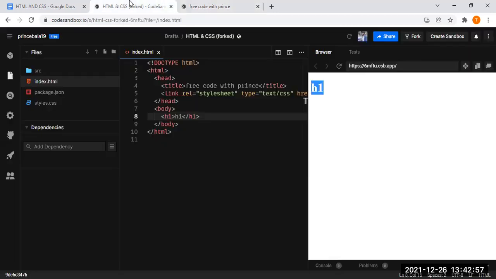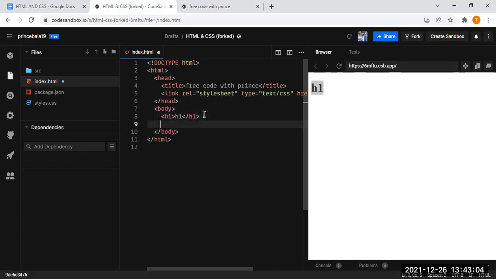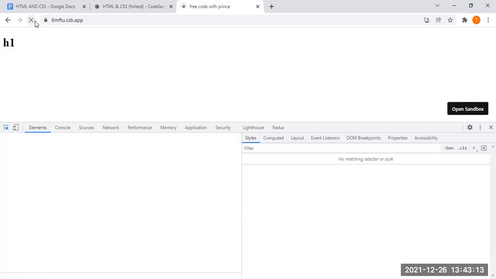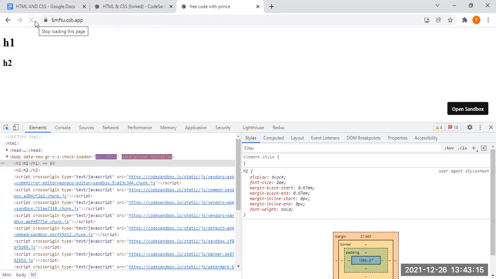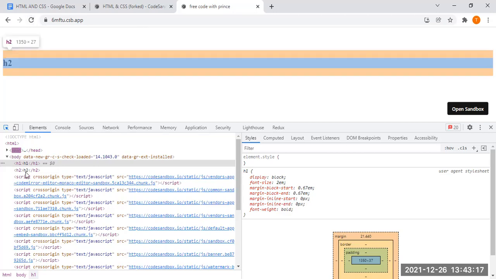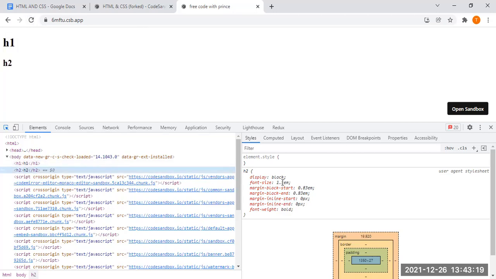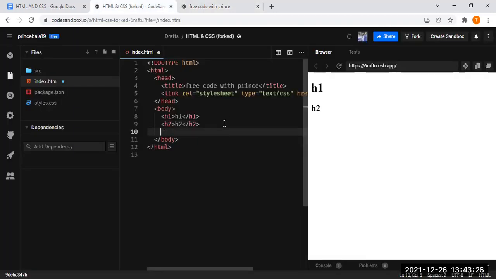So this is about the h1 tag, and then what could be the difference of the h2 tag? That's also very simple. Let me write one more tag, which is the h2 tag. If you see, the size has decreased. Can you see the size become a little less? The reason is, as I told, that automatic styles will be applied. If you see, the font size here is 1.5em. Here the font size is 2em. So this is the difference that these different tags bring for different sizes.